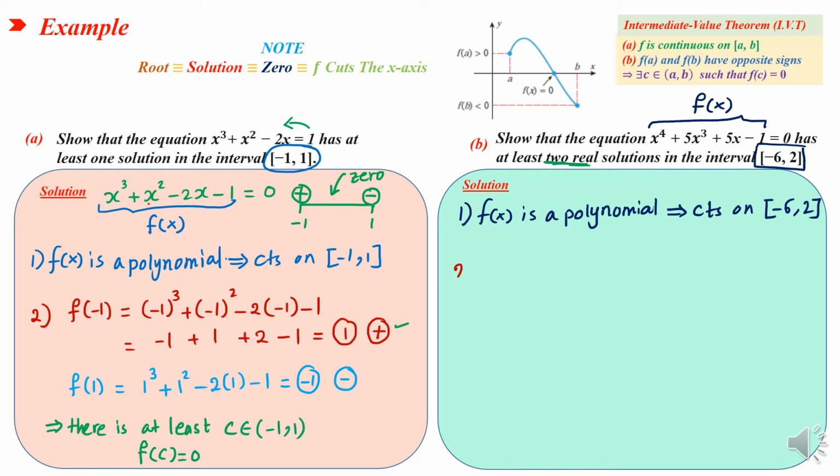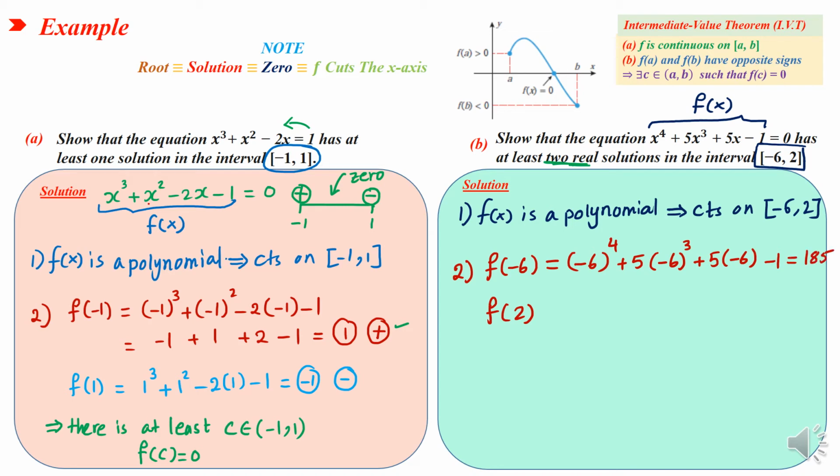Now secondly, you have to find f of negative 6, and f of 2. F of negative 6 is negative 6 to the 4th plus 5 times negative 6 cubed plus 5 times negative 6 minus 1, and this equals 185,